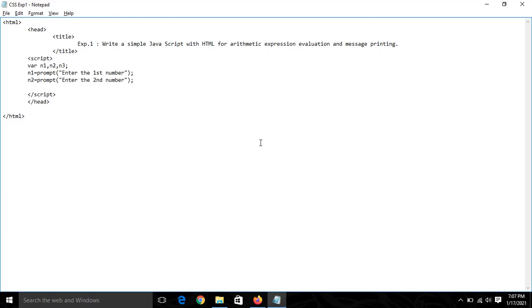After accepting the number, we will calculate the addition. Sorry, n3 equal to n1 plus n2. After the calculation, we will print it. So we'll print n3. Now here, as I said, the prompt will accept anything as string format, so we have to